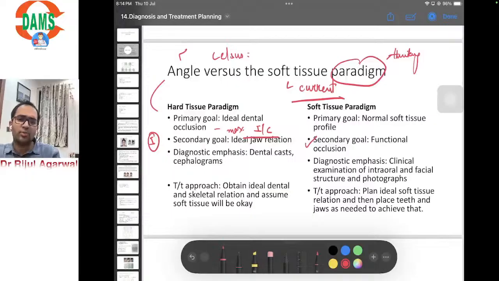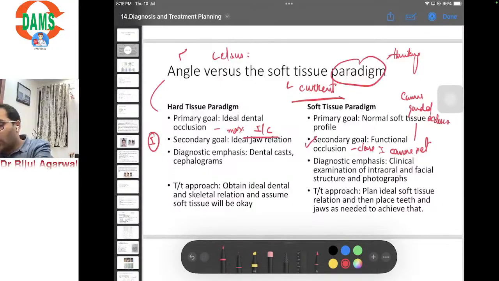What do you mean by functional occlusion? Prosthodontics may also tell us to have functional occlusion. What is a functional occlusion? To cut it short, it basically means to have class 1 canine relation. Now we are not worried about achieving class 1 molar, we are just worried to have class 1 canine relation. Why is class 1 canine relationship important? If anyone can tell me from your prosthodontics, why class 1 canine? Because to have canine guided occlusion,